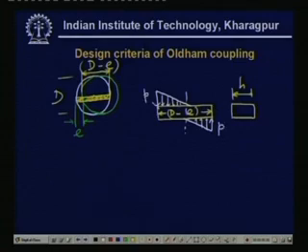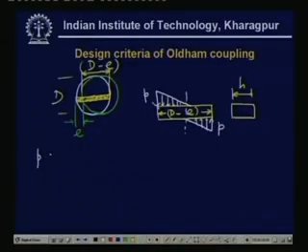Now, what will be the P? This P again depends on the material. It depends exactly, P must be less than or equal to sigma bearing, that is, P must be lesser than the bearing stress. So once this is done, we can replace this entire loading by a torque. And what will be this torque? Now you see